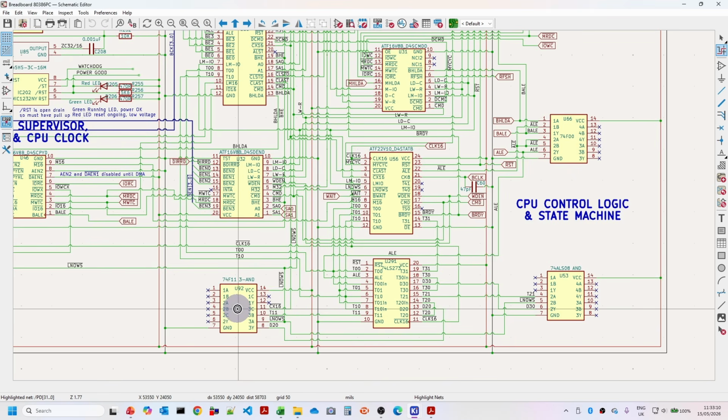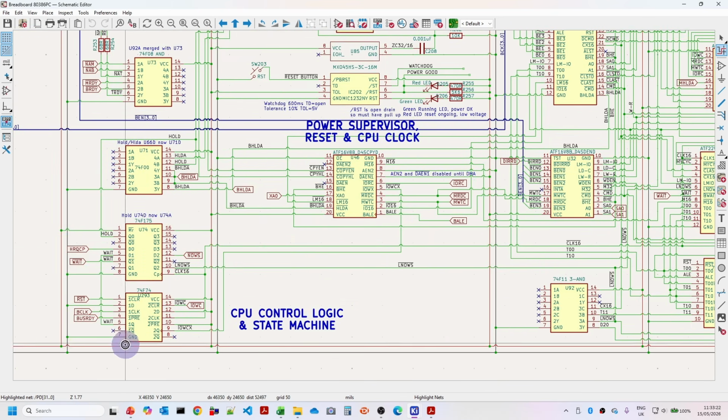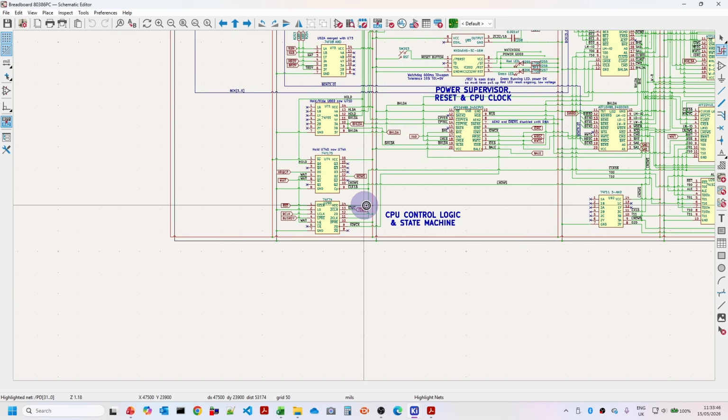Obviously, when the DeskPro 386 was being designed, then with the PCB layout, there was a bit more flexibility in squeezing things in. And then over here, we've got some of the wait state control logic, bus ready, no wait states. These come from the ISA bus, and this is how devices can request to extend memory access cycles, or even to say, I'm a nice fast device, you don't need any wait states for me. So this logic here is going to take quite a bit of testing,